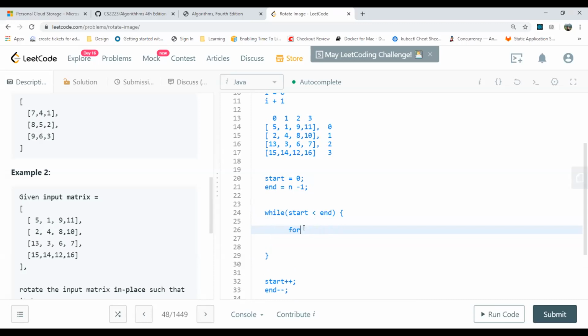So what will happen now is that, as I said, it will cover this outer layer, but at the same time, it is covering 2 rows and 2 columns. If we see this circle, I mean, not the circle exactly, but this layer, the outer layer, once we are done with this, before incrementing and decrementing start and end, it will totally